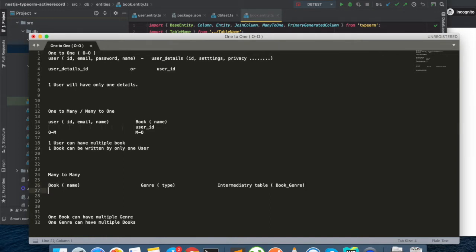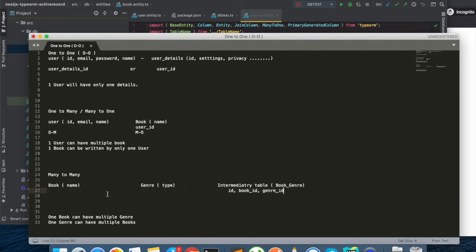And it holds two primary fields, which are the foreign key for the first table and the foreign key for the second table, along with its own ID, right? So this is the very small intermediate table. Obviously, it can have some other things that we are going to see in later videos, but for now, it's just a simple use case.